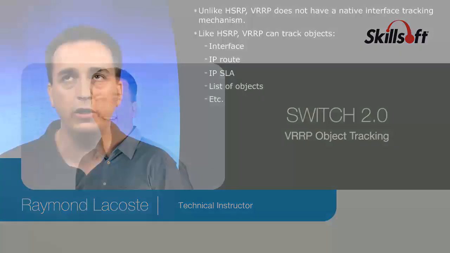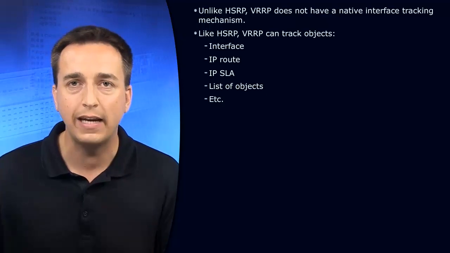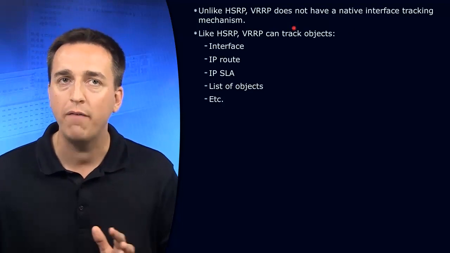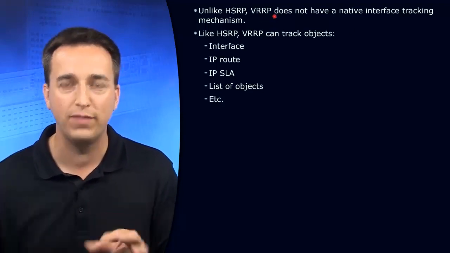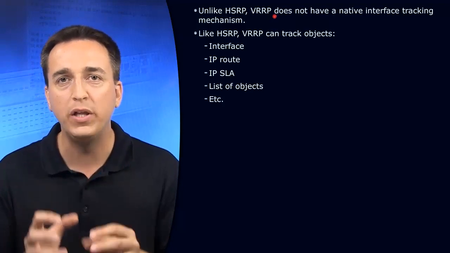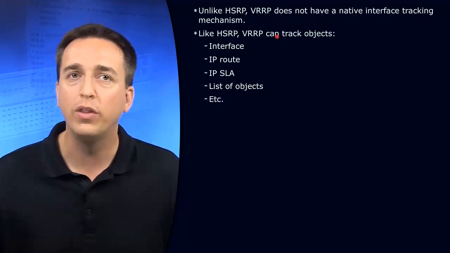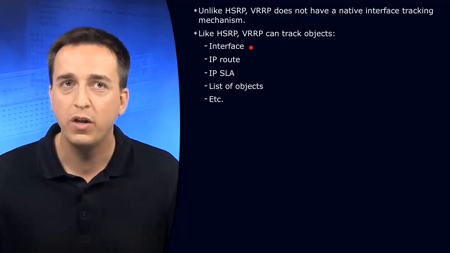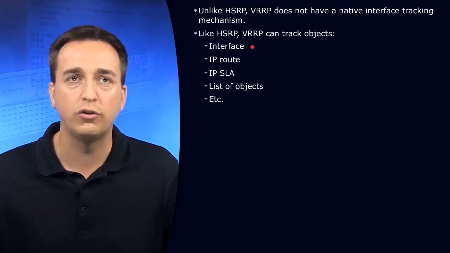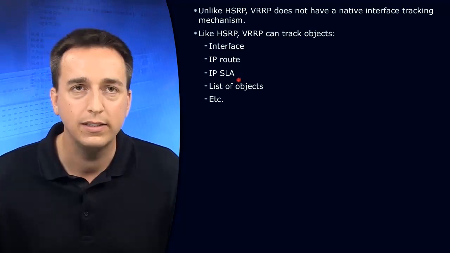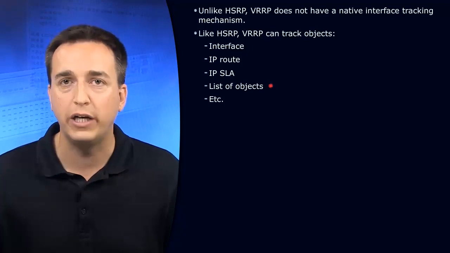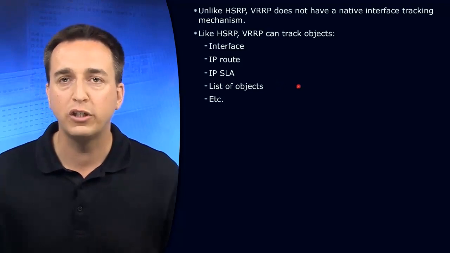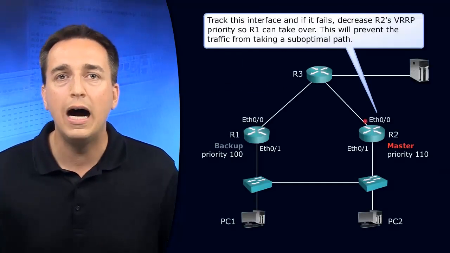HSRP has the ability to track the status of an interface. It's built right into the HSRP protocol. However, VRRP does not have this native tracking ability built into it. However, with object tracking, you can still accomplish interface tracking for VRRP. You can also track routes, IPSLA instances, or various lists of objects. So you do have the ability to track interfaces or track other objects with VRRP, so that way they're upstream